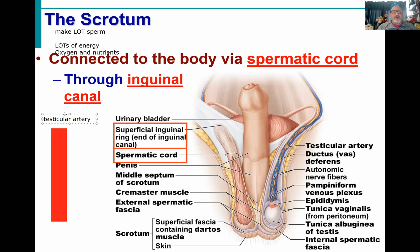However, the other thing we talked about in the cardiovascular system is that blood is 2 to 3 degrees warmer than our core body temperature. And if our core body temperature is too hot for the testes, then what's going to happen with this massively hot blood that is going to the testes? It doesn't matter how far away they are from the body. If we have 100 degrees Fahrenheit blood pouring into them,